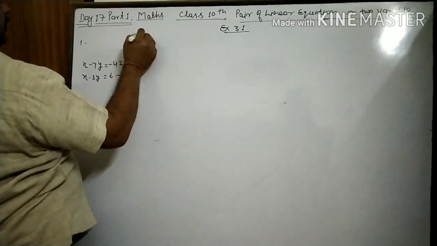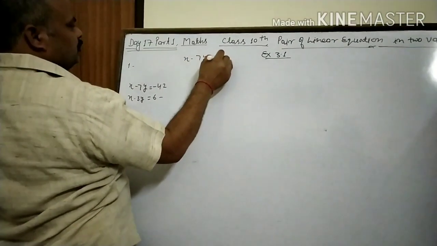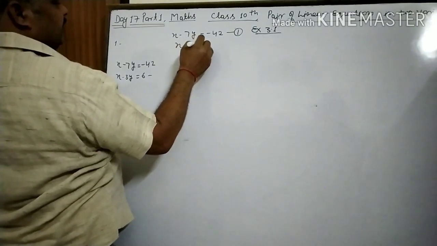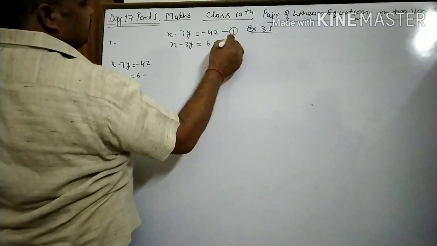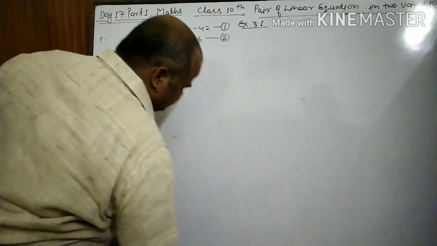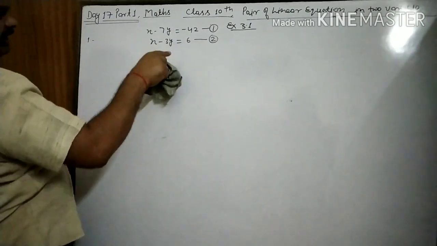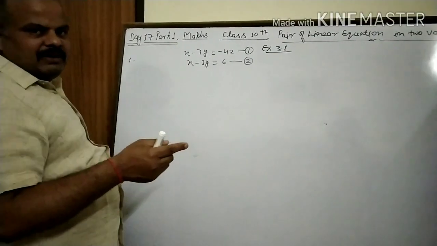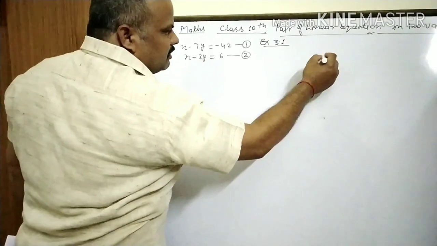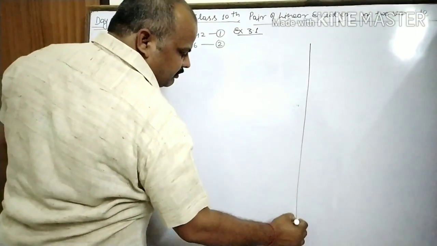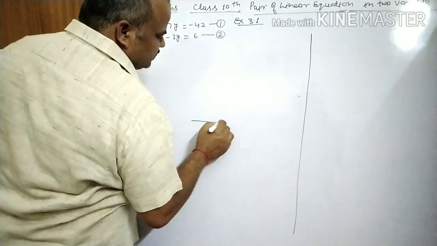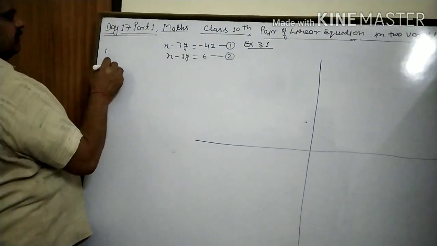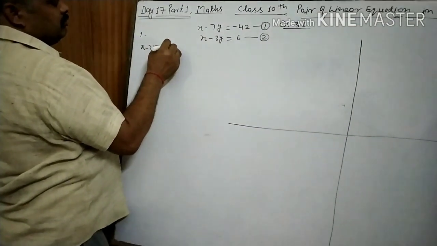Here x minus 7y is equal to minus 42, equation 1, and x minus 3y is equal to 6, equation 2. Now it is the algebraic system. Then after you can represent it geometrically or graphically, on the graph sheet. You use graph sheet. Then here x minus 7y is equal to minus 42